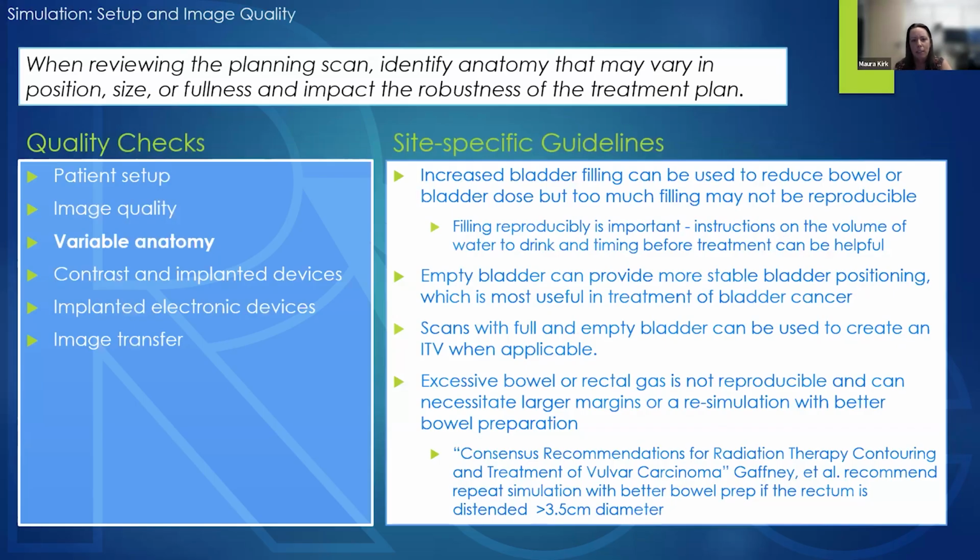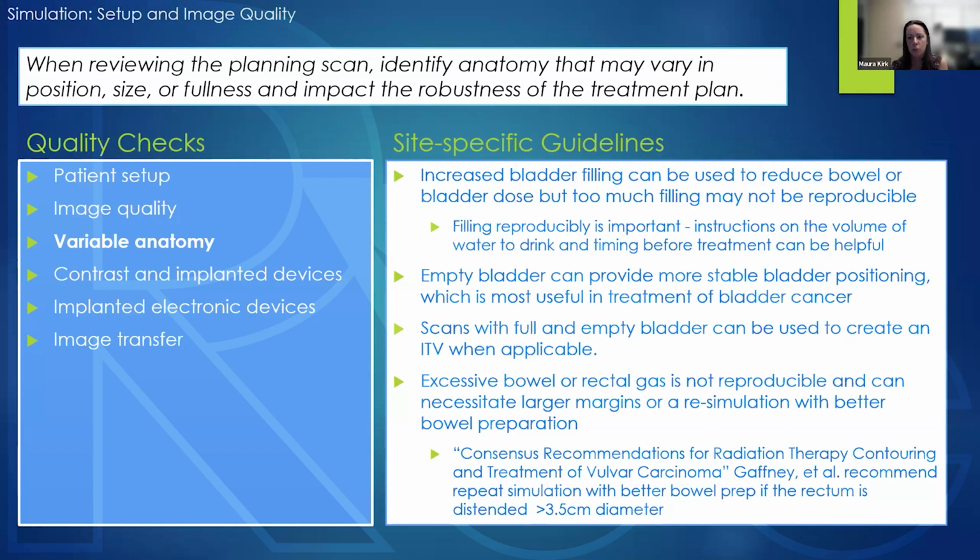Variable anatomy is a big issue in the pelvis because we have variable filling of the bladder, the rectum, the bowel. So there's a lot that goes into our considerations of variable anatomy in the pelvis. Increased bladder filling can be used to reduce bowel and bladder dose, but too much filling may not be reproducible. So what we're looking for is a reproducibly full bladder, which can be difficult to achieve, but it helps to